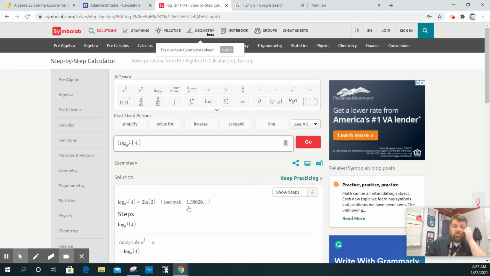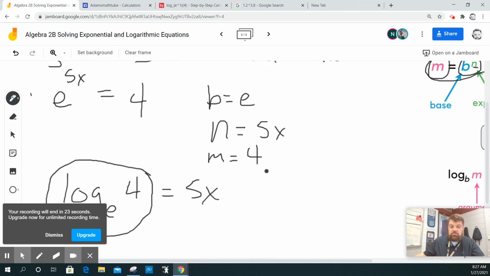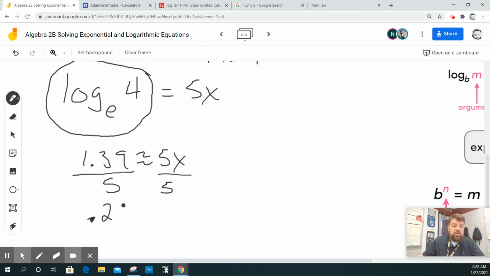And so we get this decimal approximation, which is 1 point, let's just say 1.39. So then this becomes 1.39 is approximately equal to 5x. So then we divide both sides by 5. And I should get 0.28 equals x. So I'm going to